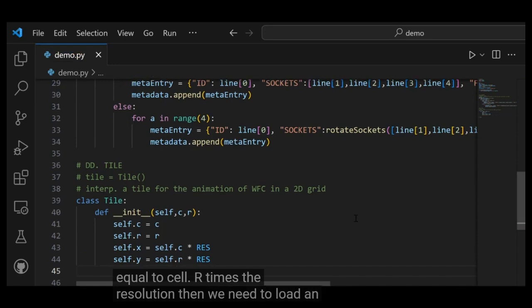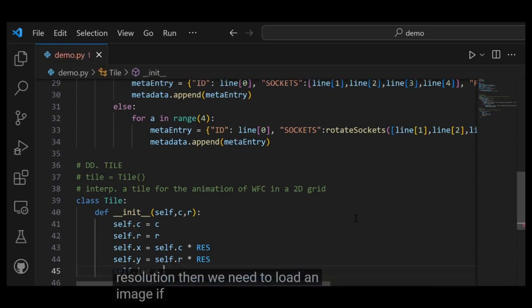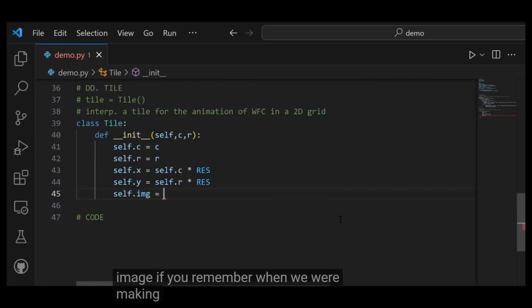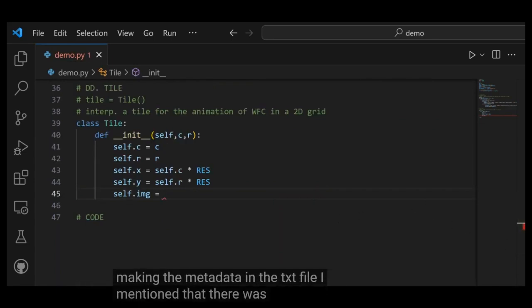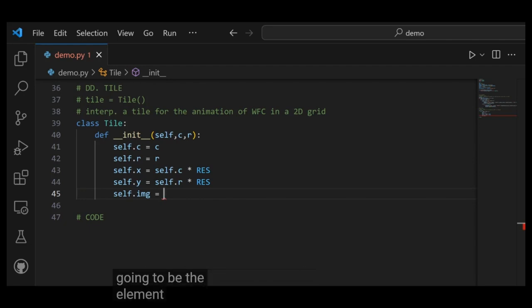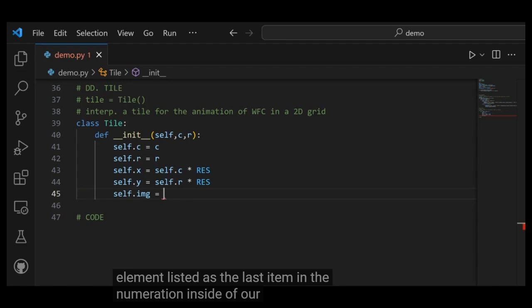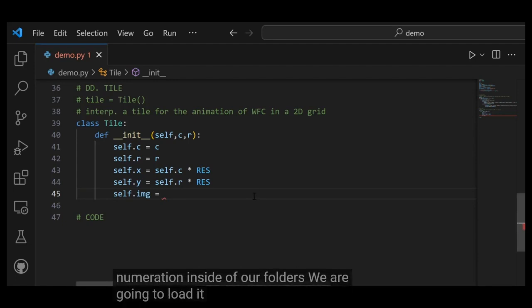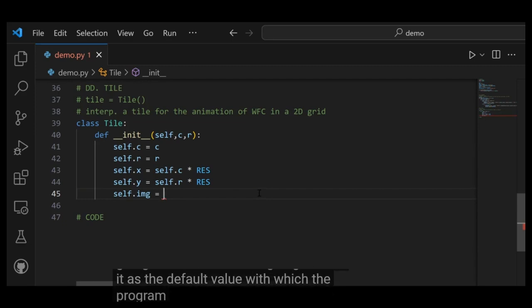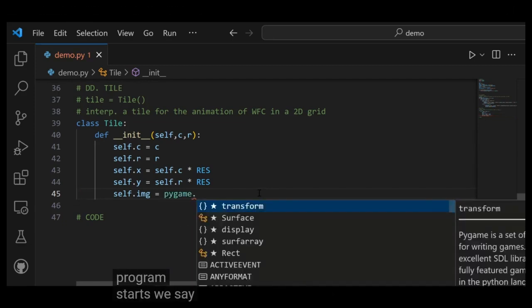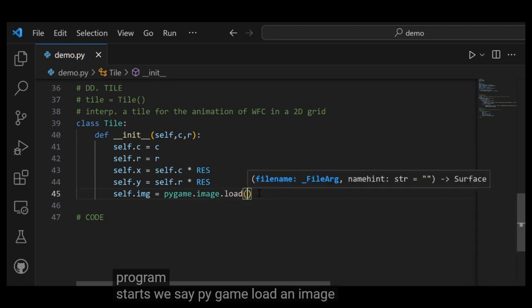Then we need to load an image. If you remember, when we were making the metadata in the txt file, I mentioned that there was an additional tile, a black one, and this is always going to be the element listed as the last item in the enumeration inside of our folders. We are going to load it and save it as the default value with which the program starts. We say pygame, load an image,